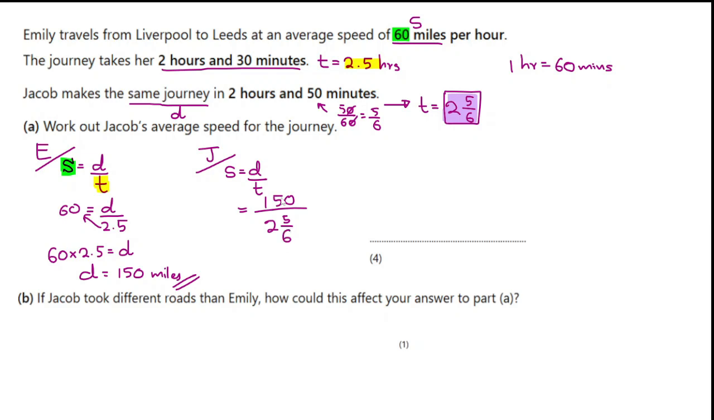In a non-calculator paper, I need to get the improper fraction and then just do normal keep flip change. But in a calculator paper, I can just put it in the calculator straight away. So here I get